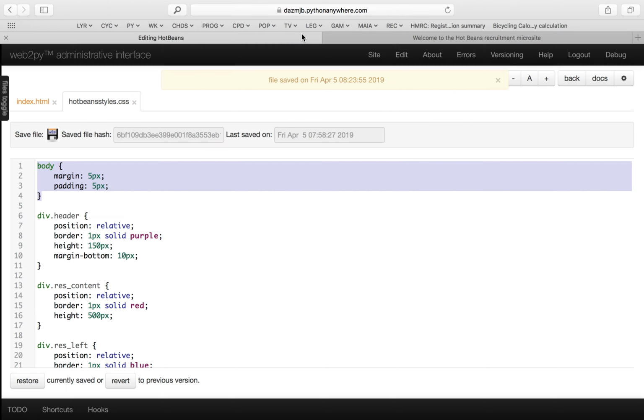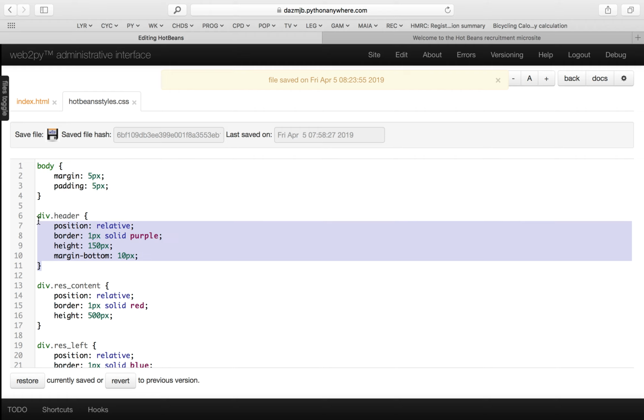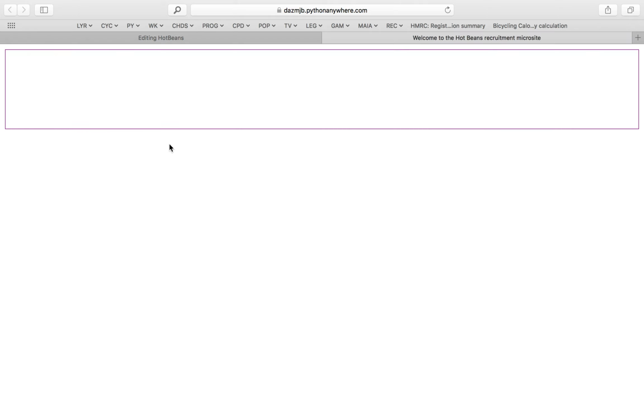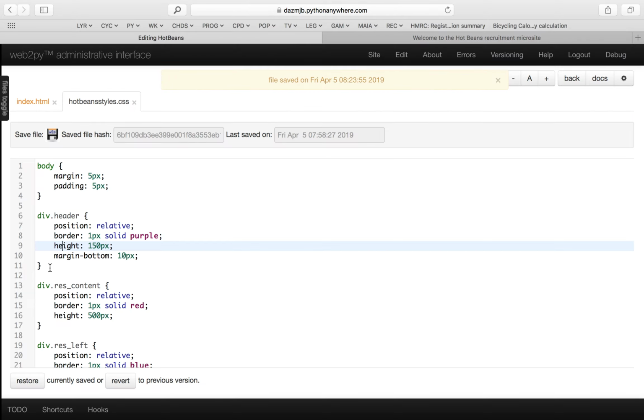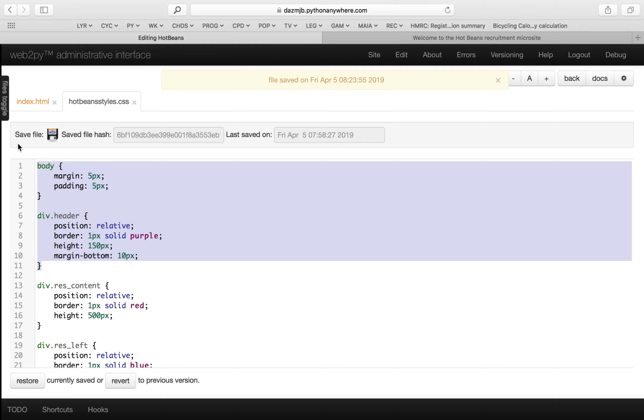Okay, and then the header below it, it's purple outline, so you can see it, 150 pixels height and the margin of 10px, but you can't quite see the margin at the bottom, but it will be clear once we add another container. So add the two classes here, and then come